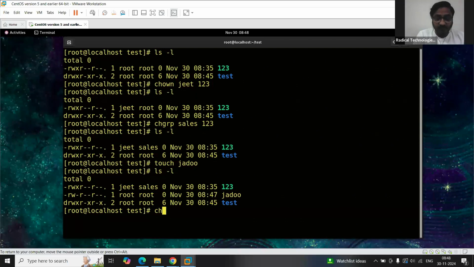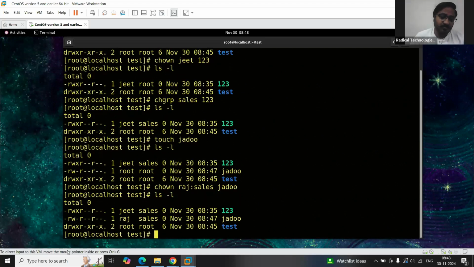I want to use a single command for changing the user ownership and group. So just type chown, space. Suppose I want to give this one to Raj and the group name is sales, and the file name is Jadu. Enter. Now see ls -l. देखो क्या हुआ, यूजर भी चेंज हो गया और ग्रुप भी चेंज हो गया। एक ही कमांड से आपने क्या किया, यूजर को भी चेंज कर दिया और ग्रुप को भी चेंज कर दिया। क्यों अलग अलग काम करना भाई, जब एक से काम हो सकता है तो।